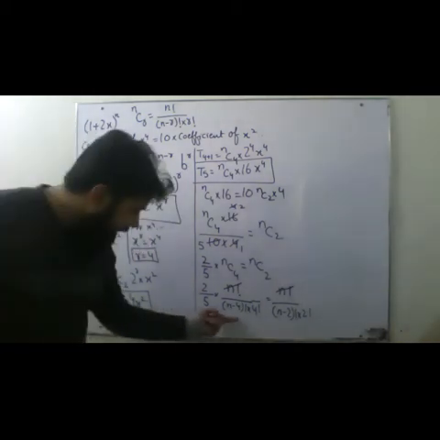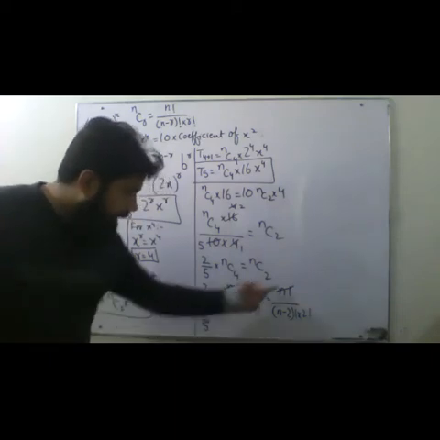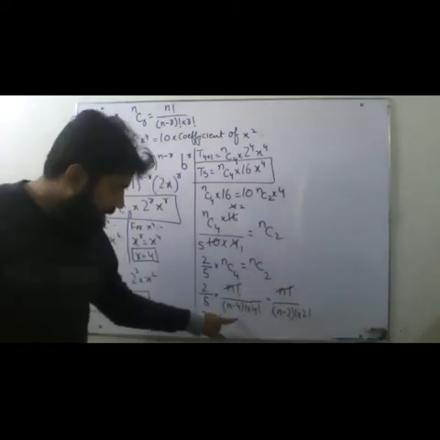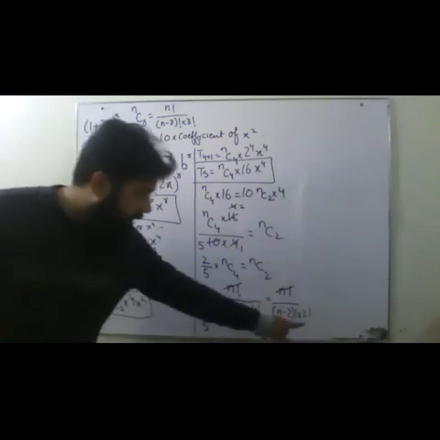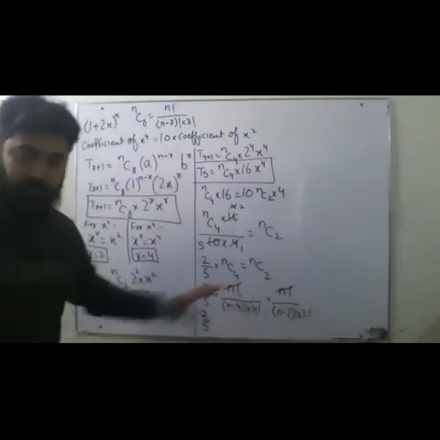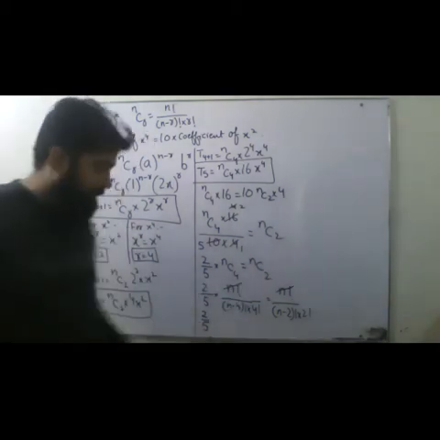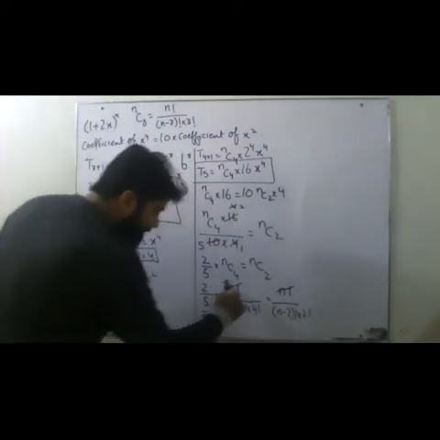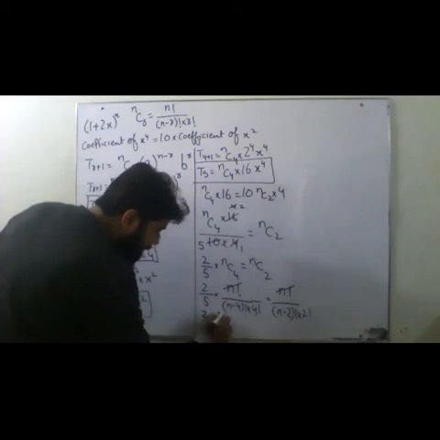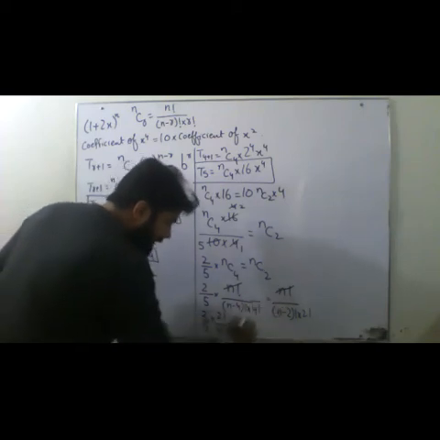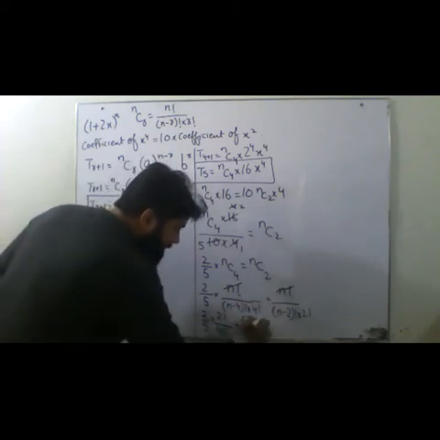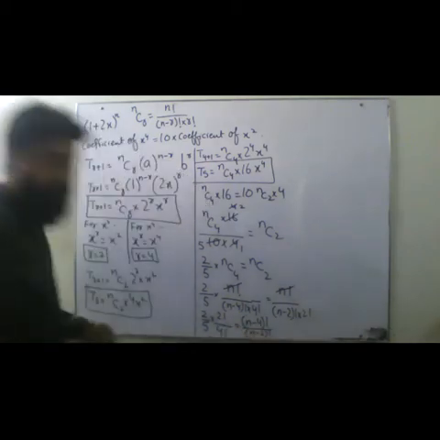Okay, what's this setting? (n minus 4) factorial, I am shifting it over here. (n minus 4) factorial, I am shifting it over here. And 2 factorial, I am shifting it over here. So all the numbers will be on one side and all the n's will be on the other side. So when I shift it over here, this will become 2 factorial over 4 factorial equals, shifting it over here, (n minus 4) factorial over (n minus 2) factorial. Okay.